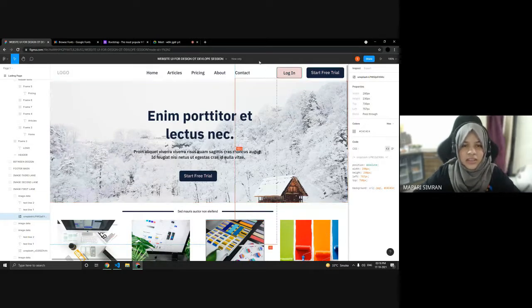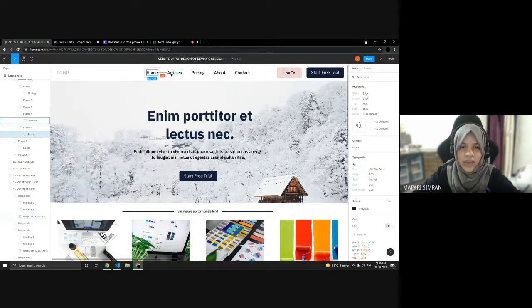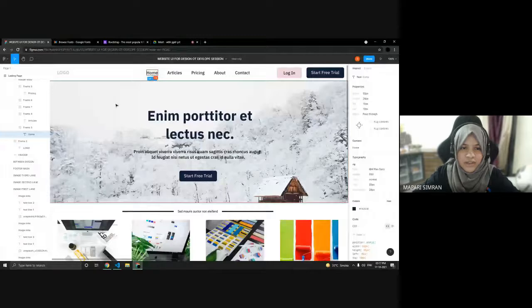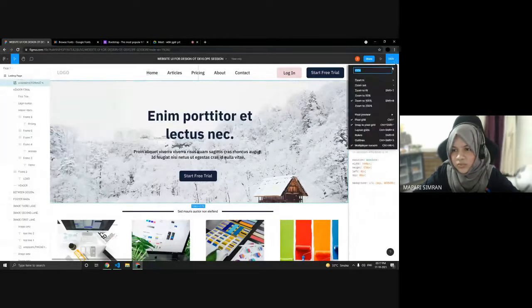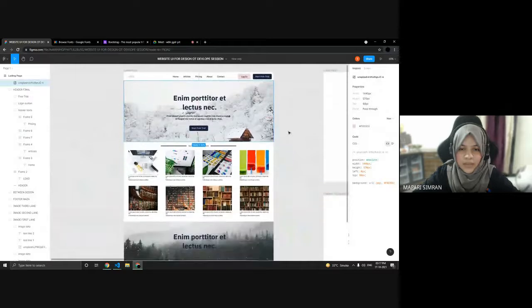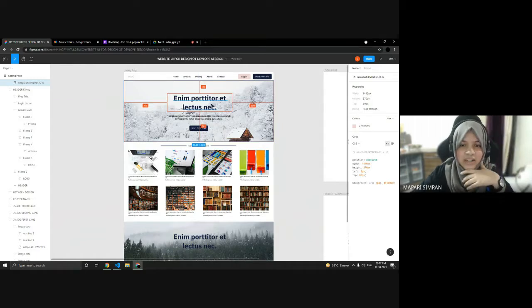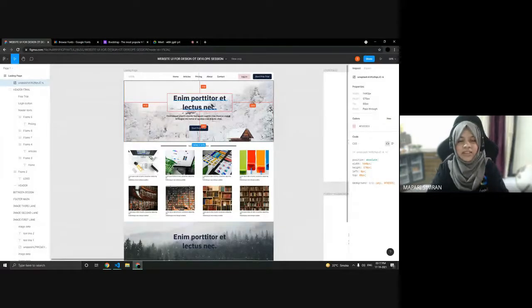Another thing is for knowing the margin. If you click here and hover over another UI element, you get the margin accordingly. Let me zoom out. If I select this frame and hover over this heading, I get the margin top, bottom, left, right. So I'm getting each and everything I need to start with my development part. These things make our work easy.